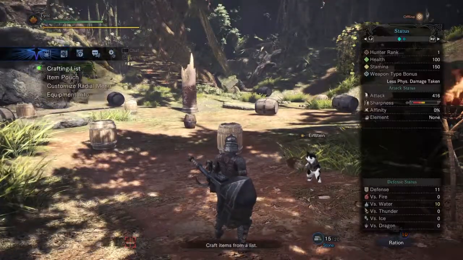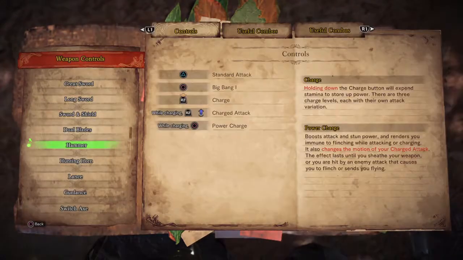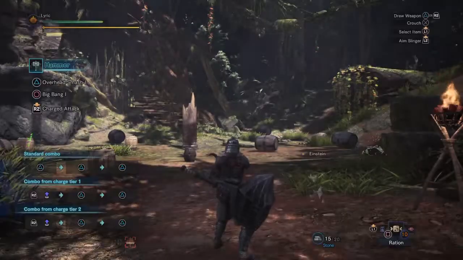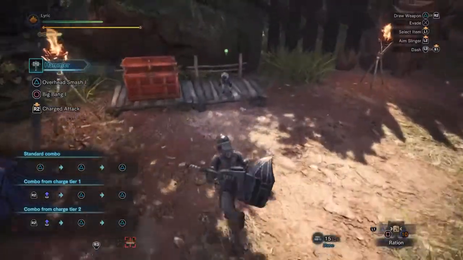Oh, and I almost forgot. If you go into your hunter's notes, you can go down to weapon controls. And I'll show you some basics, so...